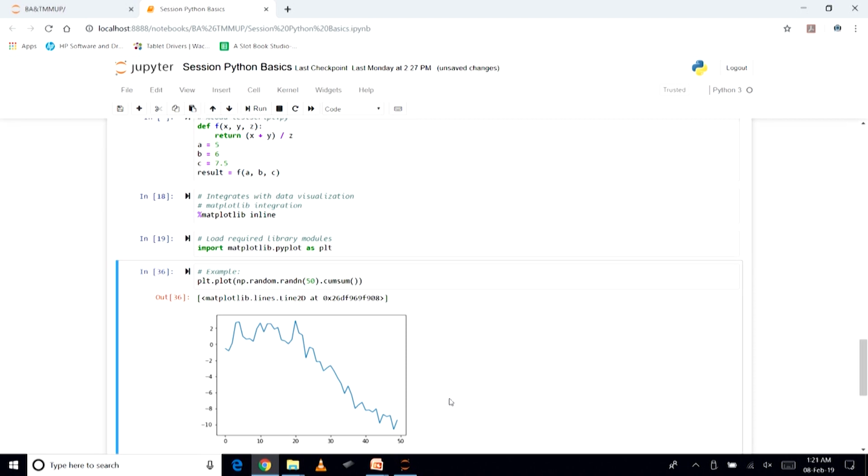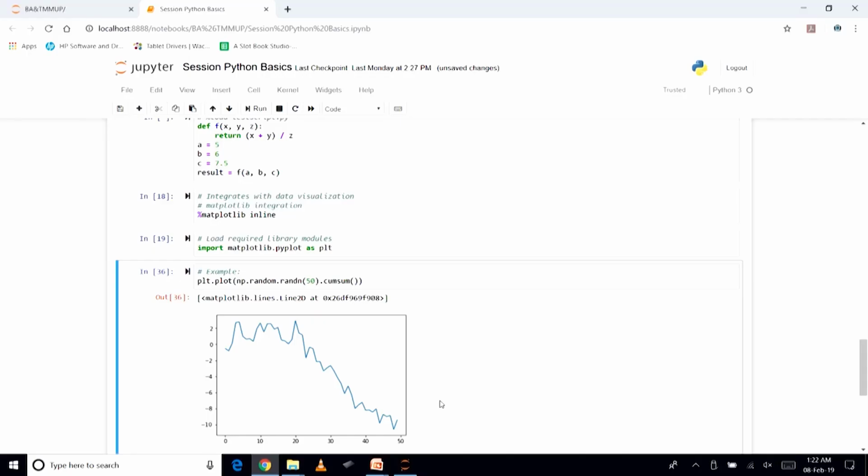So we would like to create 50 random values, and then compute the cumulative sum of those values. Because we are passing all these values into the plt.plot function, those are going to be plotted. So in one go this particular piece of code is going to be executed. Let us run this.